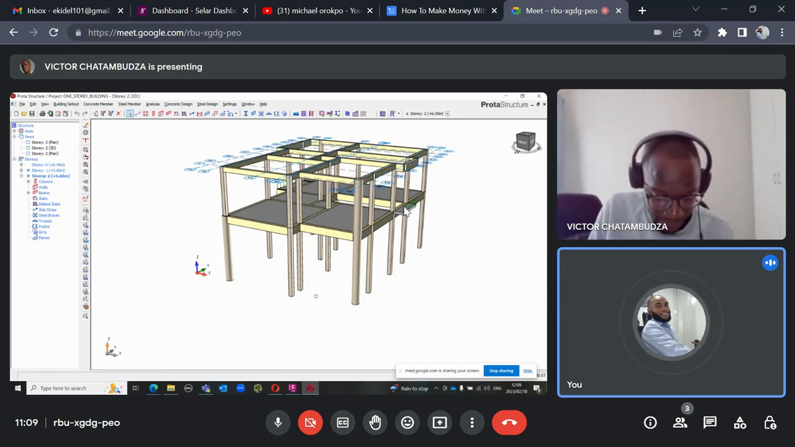I'd like to change my color to any color I want. Like I can choose to change my beam color to be green, and other slab to be blue. So to change it right now, you can see